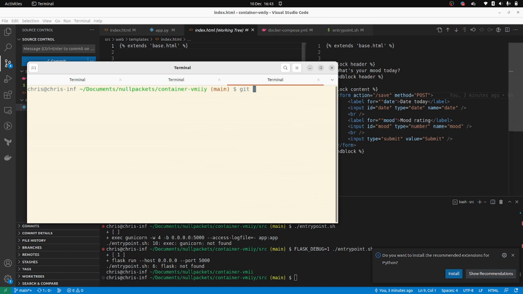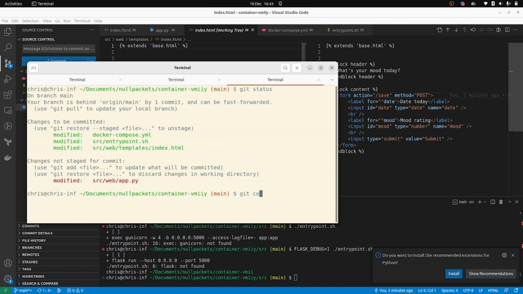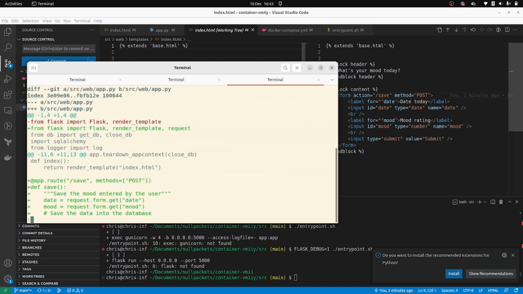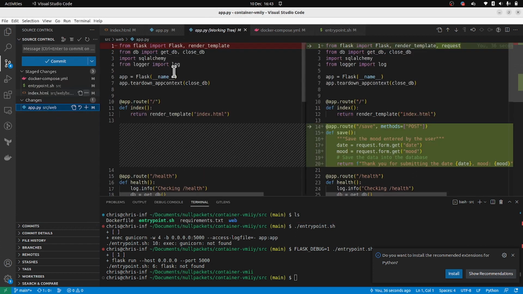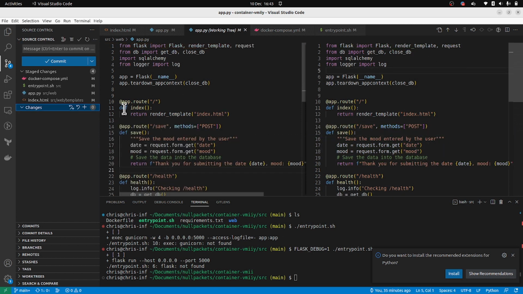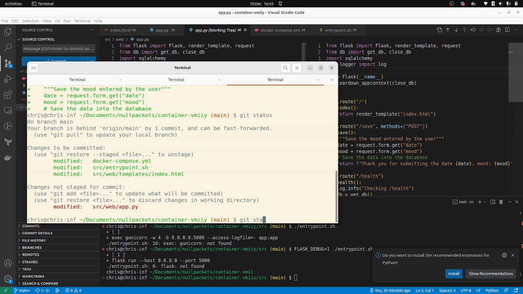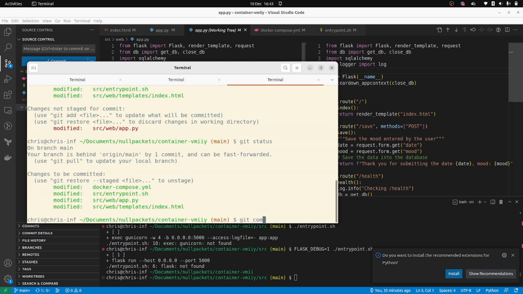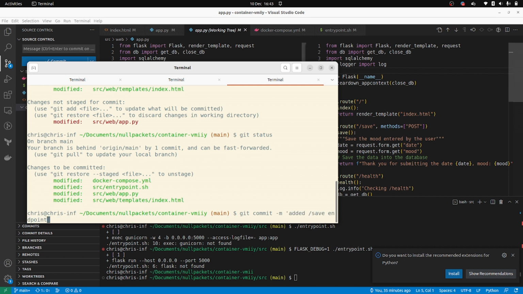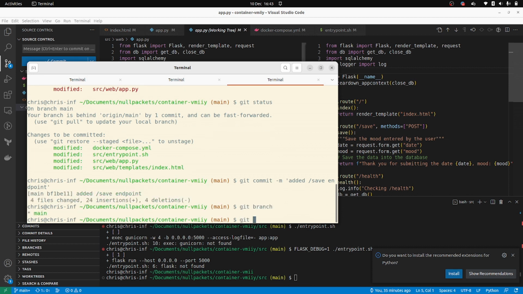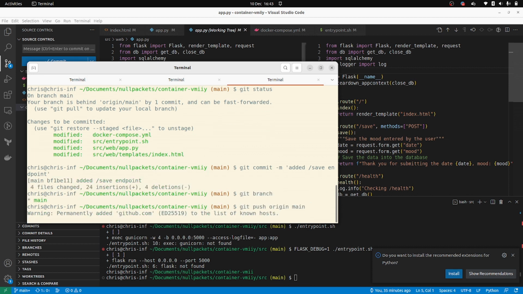So we'll say git status, we're ready to go. Git, oh, git, did I miss something? Yes, I missed the app. Changes to the app, we added that route with the request object. So that's good. All right, cool. So now we're going to do our git commit message, added the /save endpoint. So let's push that to the